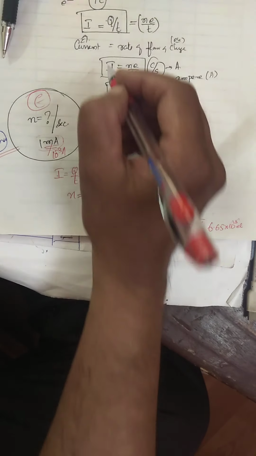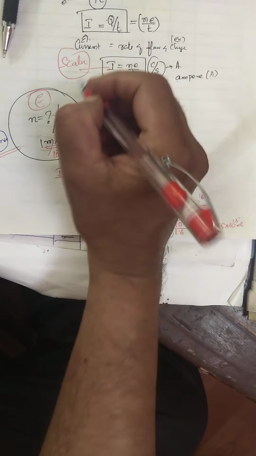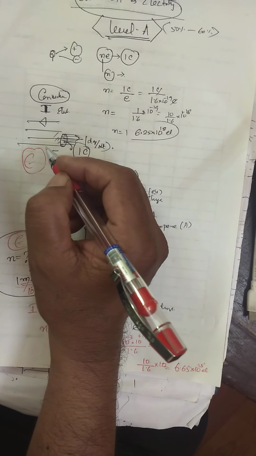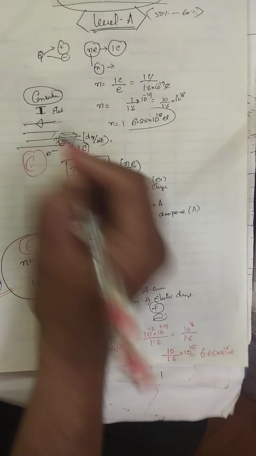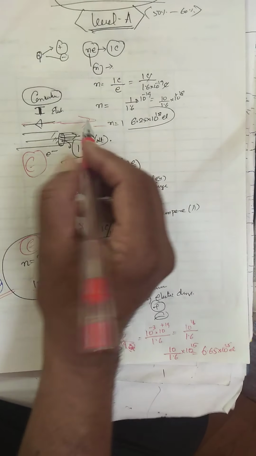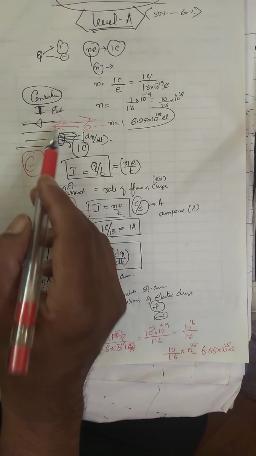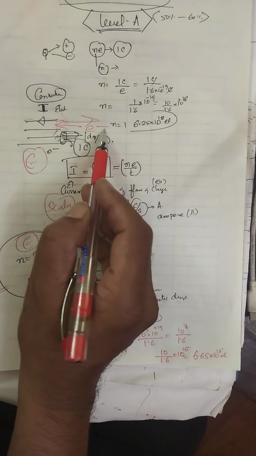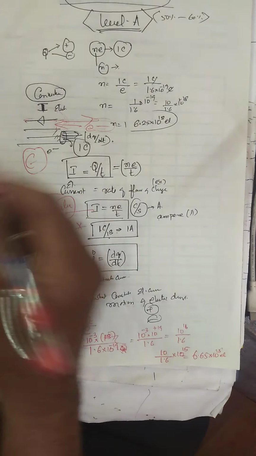See, is current scalar or vector? It is a scalar quantity. Everybody writes vector. This is also asked in CET. What does the direction of the current signify in an electric circuit? Which direction does the current move? When electrons flow in this direction, current is moving in the opposite direction. The direction of the conventional current in an electric circuit tells the direction of flow of positive charge. This is the direction of electrons; electron is negative. Conventional current is the direction of flow of positive charge.